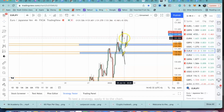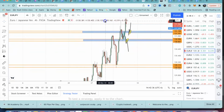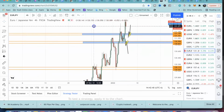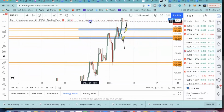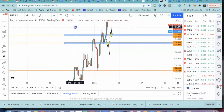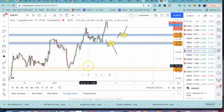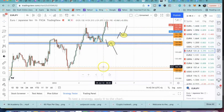Just based off of this, the trend is absolutely still an uptrend. Even look on the 4 hour, this is still a complete uptrend, okay? So for a reversal, it has to break several key levels. The first level being that level I had marked up earlier. If it breaks that level, if it breaks this level right here, then,